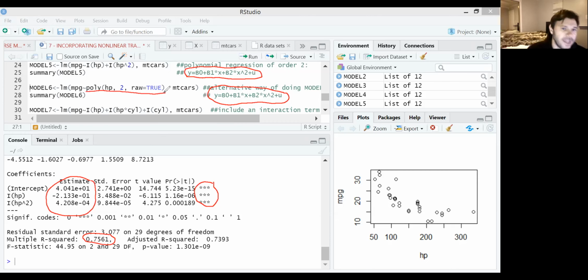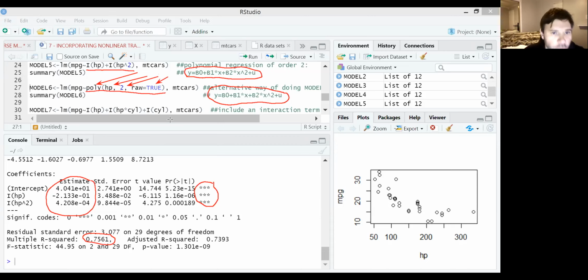Imagine if you wanted a 10th order polynomial model. You don't want to have to write out all those terms on the right-hand side manually. So there's a way you can actually code this where R will generate all the polynomials for you automatically by using this poly function and then feeding it the variable you want to transform, the order of polynomial, and then we're also going to use this